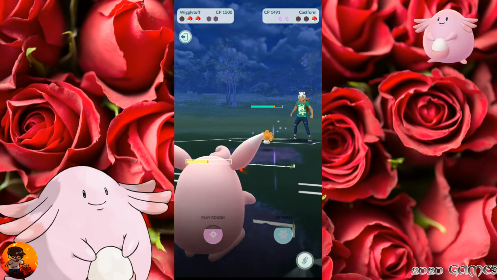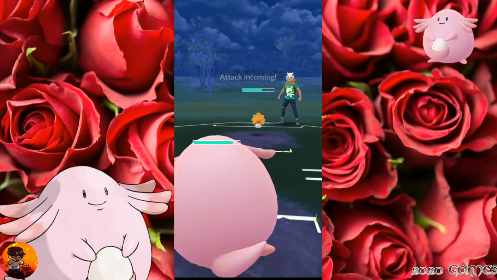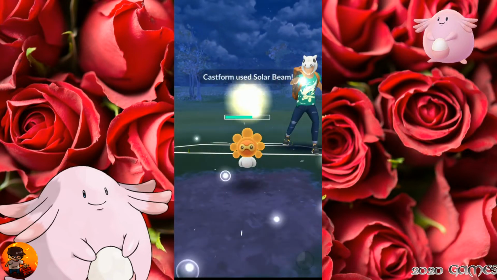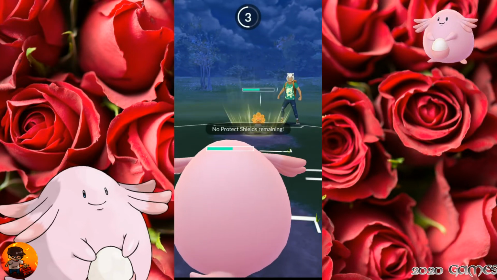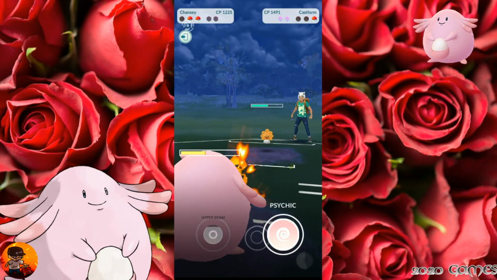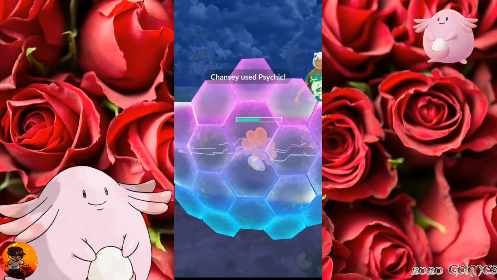So Sunny Castform is actually making more impact now than it was earlier because of the large amounts of steel in this cup. Goes ahead and uses Solar Beam, which is an interesting choice. I'm going to go ahead and charge up to my next charge move. And as you see, even though he has 2 shields, I'm still doing a decent chunk of damage to him. I'm going to get off this Psychic, and I believe he's going to shield this at this point